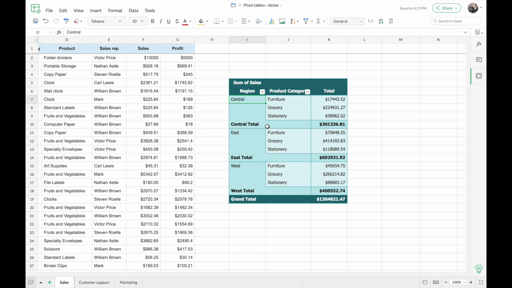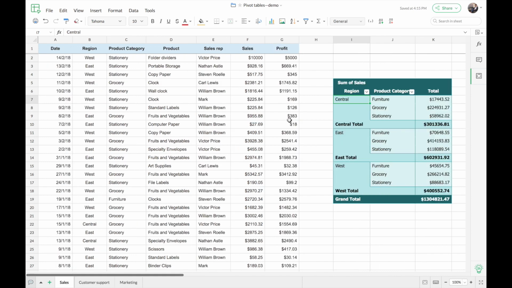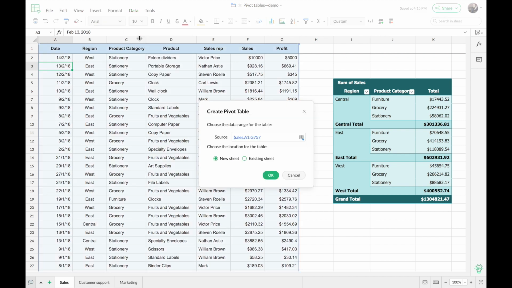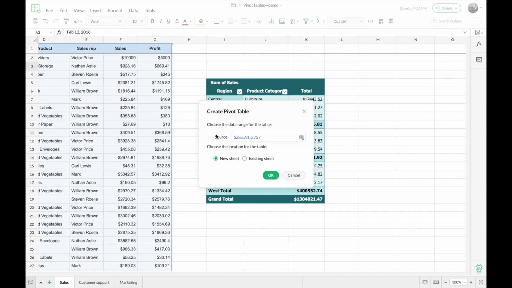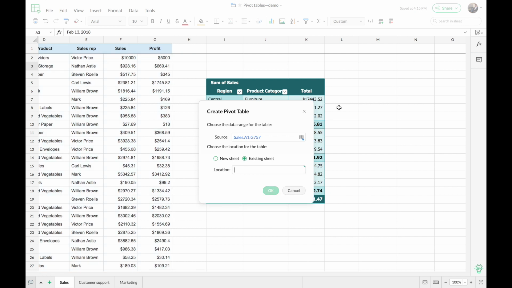So now our first pivot table is ready and it gives us the consolidated data about the region-wise sales of each product category. Now let's build another pivot table for the same data set using the date. So let's say I want to build a table that gives me the consolidated report about how my sales representatives have been performing over a period of time. So let's see how we can build it. So now I'm going to choose data and pivot table. Now let's choose a location for the second pivot table. Just place it here and click OK.